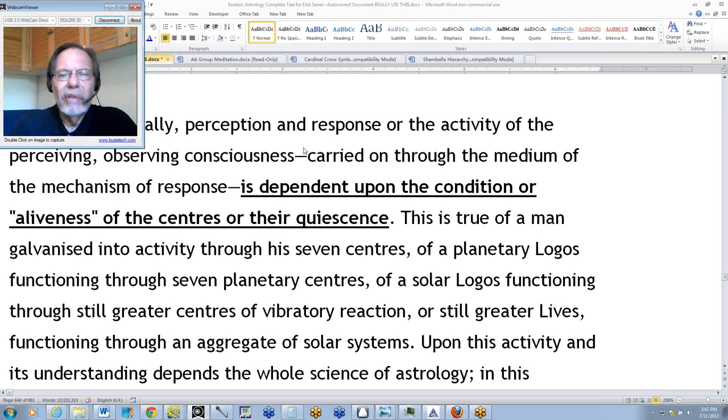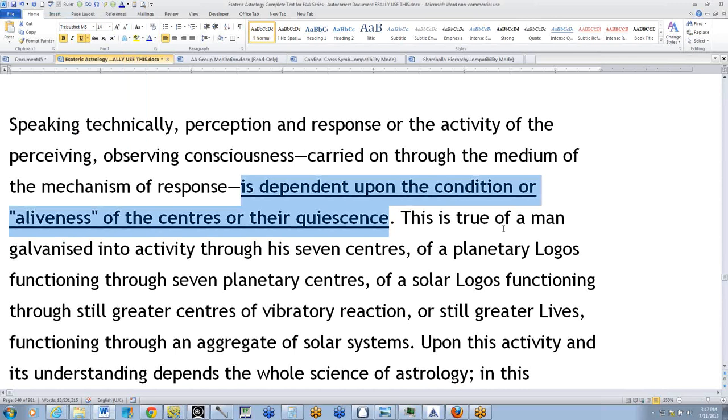"This is true of a man galvanized into activity through his seven centers. It is true of the planetary logos. It is true of a solar logos functioning through still greater centers of vibratory reaction, or still greater lives functioning through an aggregate of solar systems." I think